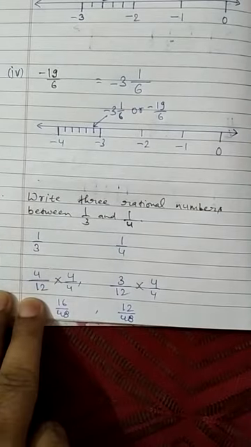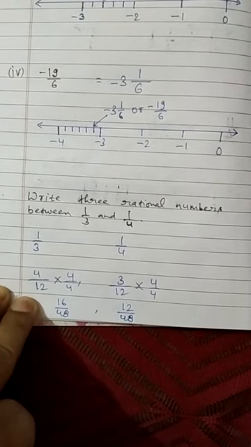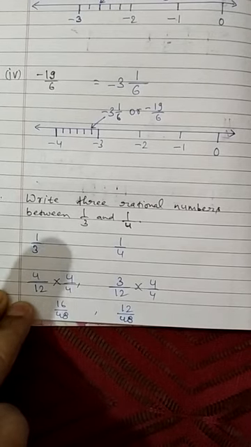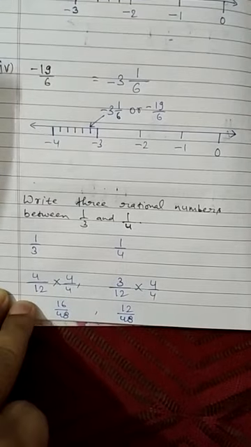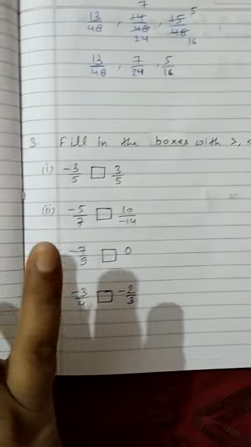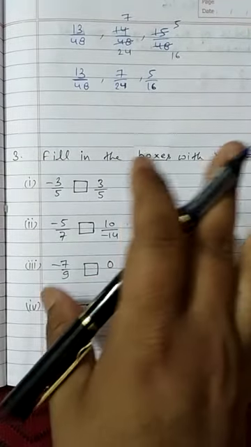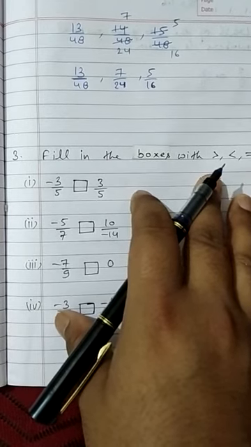Okay. There are millions of numbers that you can find between any 2 given rational numbers. So it is not necessary that my answer is the complete answer. No, you can get your own answers also. Okay, but they must be between these two by a method.